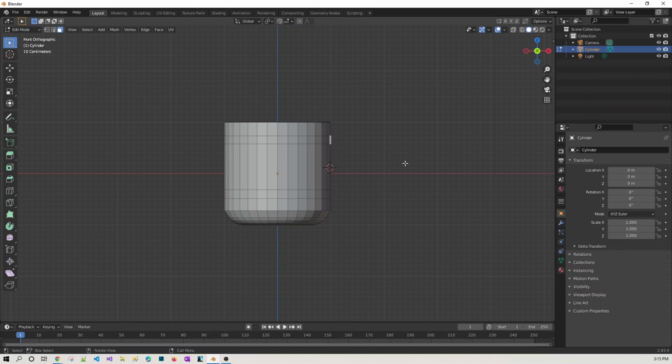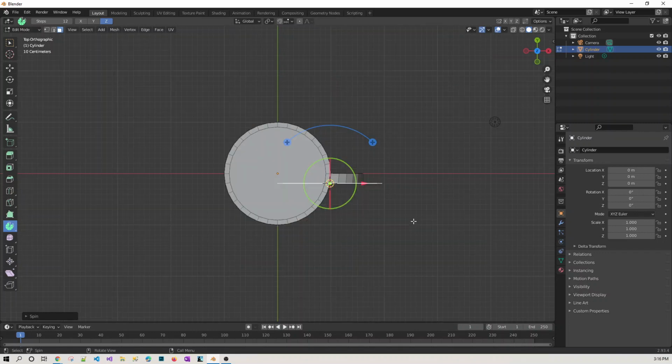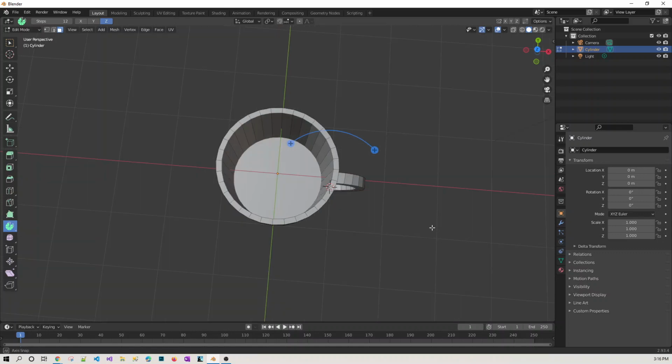Now just click on spin, place the cursor at the selected position and drag it over here. If you drag it, you can go to top view to see there is no problem at all. Control Z, Control Z. It looks good for now, right?